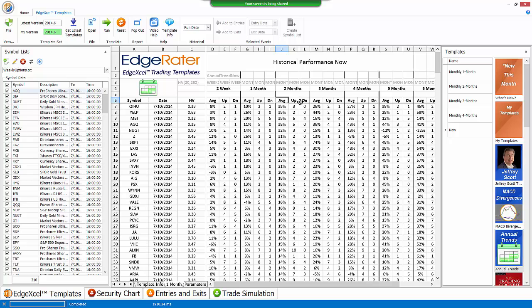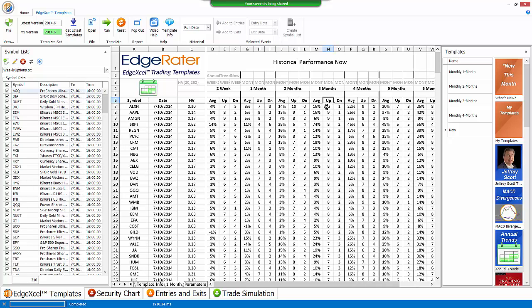And if I wanted to find something, for instance, that actually has 10 years of data like this, I'm looking at ALXN: 9 up years, 1 down year, 16% average up over a 3-month period, starting July 10th going through to August, September, October the 10th, 3 months. And then I can always double click on the